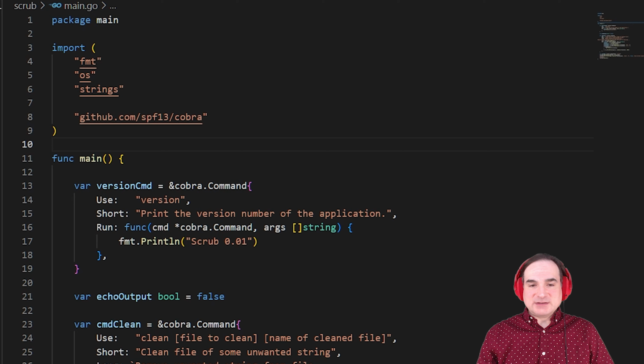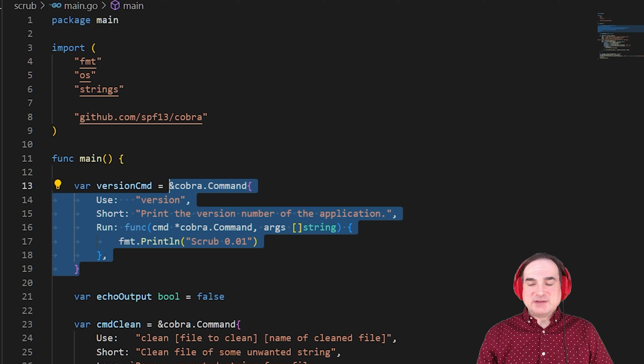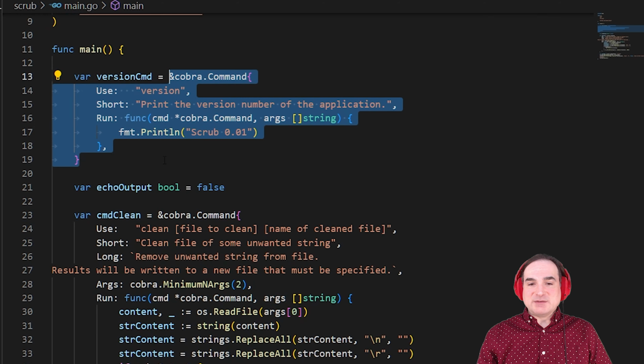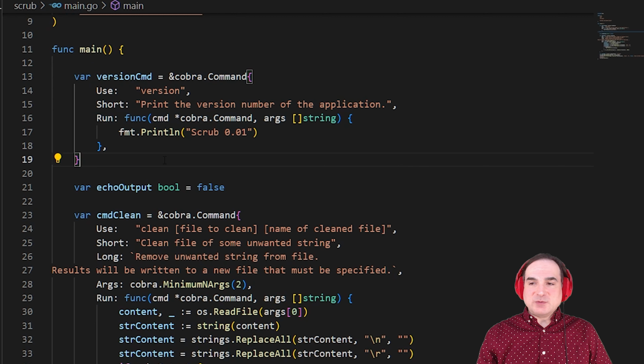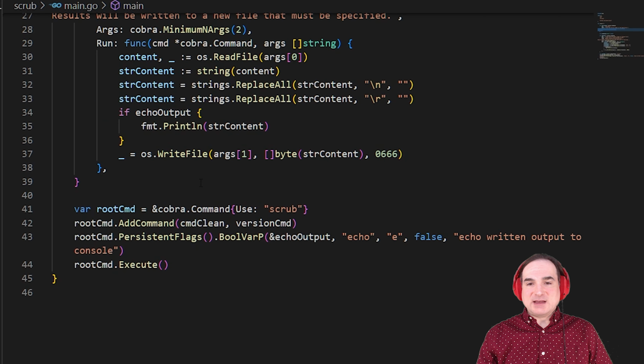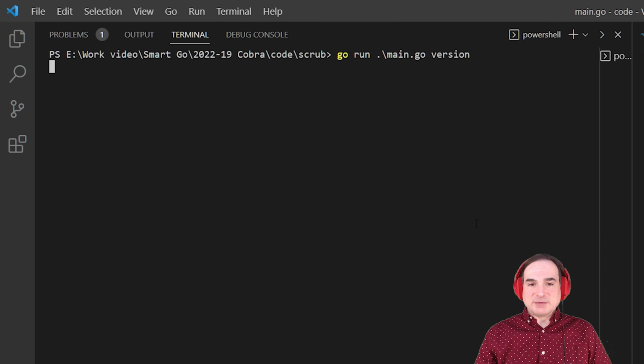When you want to create a command, you create an instance of Cobra's command struct, and you populate it with details about the command. Its name, its instructions, how to use it, its behavior, and so on. For instance, one basic command that we have here is to print the version number for the program. So our structure has fields to list the command to use, a short description for it, and a function to run when that command is invoked. And now down below, we take this command and we add it to the tree of available options for the program. So when we rerun this program and issue the command version, we get our version number.